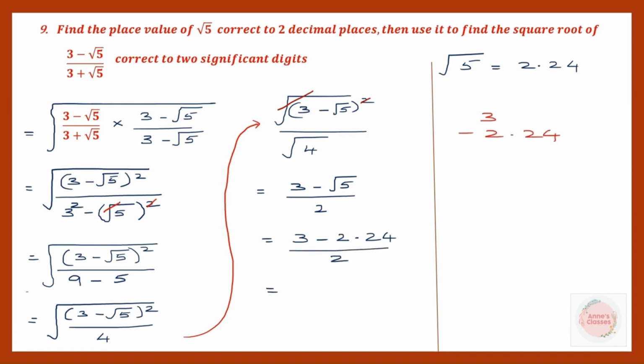Now how do we do the subtraction of decimal numbers? We put a point, we put 2 zeros, and we subtract. So now we borrow, this is 2, this has become 10, 9 and 10. 10 minus 4 is 6, 9 minus 2 is 7. So this is 0.76 divided by 2. When you divide this, you get 0.38, and this is our final answer,